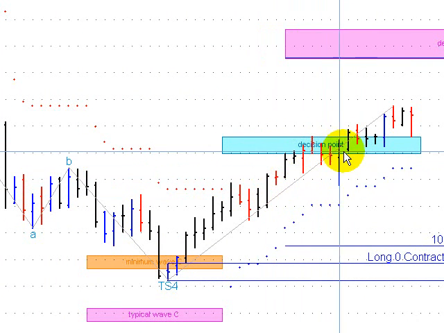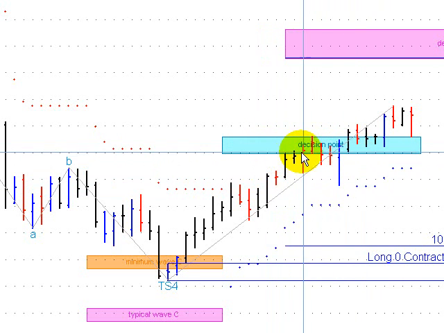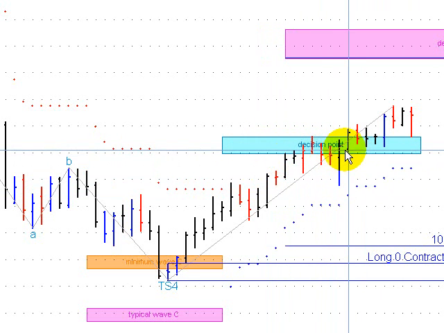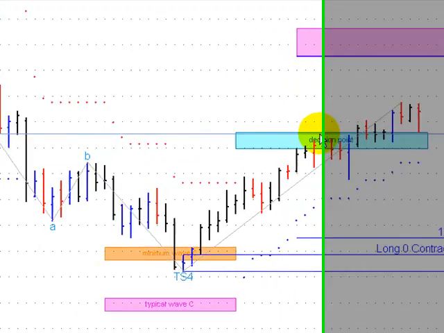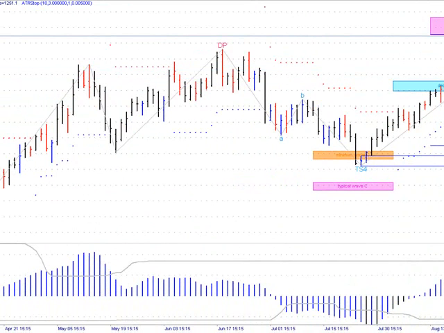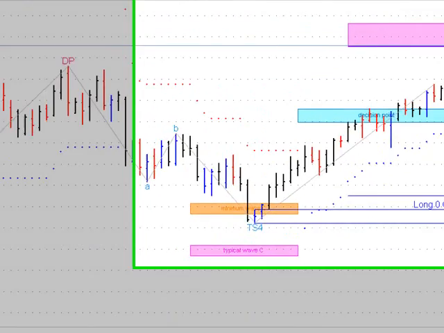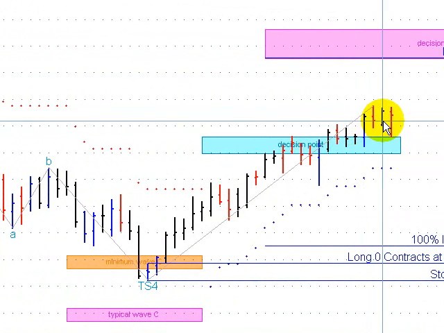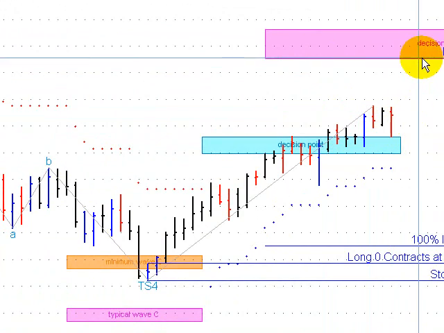We came into this decision point area, and you can see that they found some resistance, and then we got what we call a decision point continuation type play, where they took out the high of the reversal bar in the decision point area, and we were thinking that that would happen. We've got a big target here of basically 12-to-1 risk reward up at 1283, and so we'll see if they can continue to base above this decision point support area now,